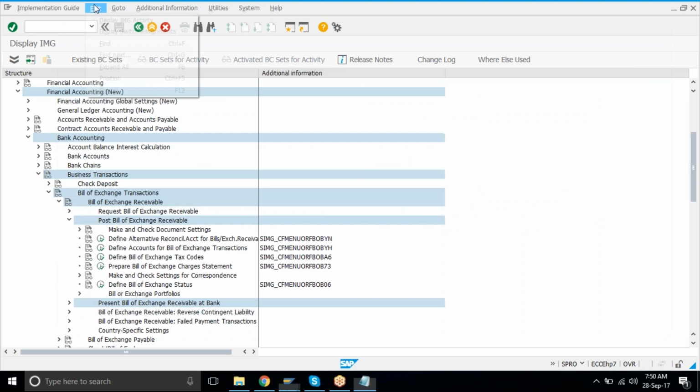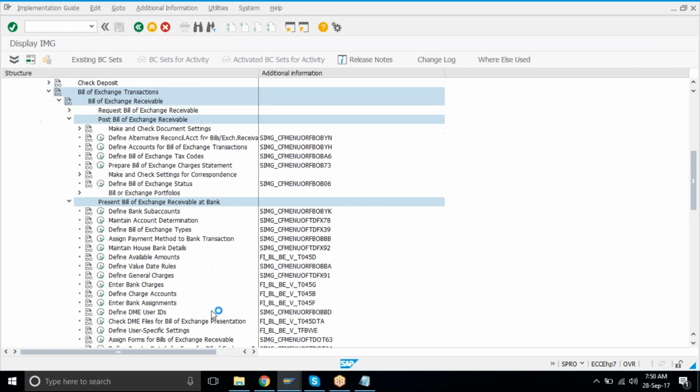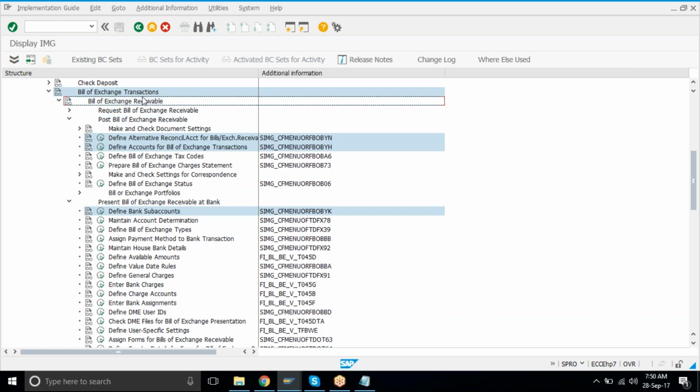Let's see. Where is OBYK? Open it. That's here. You see? 1, 2, and 3. These three things you have to do: OBYN first, then H, and then K.